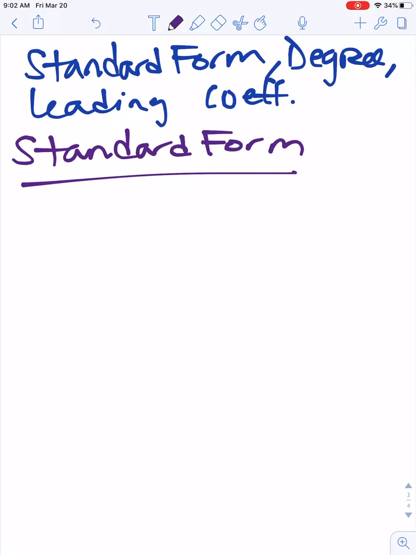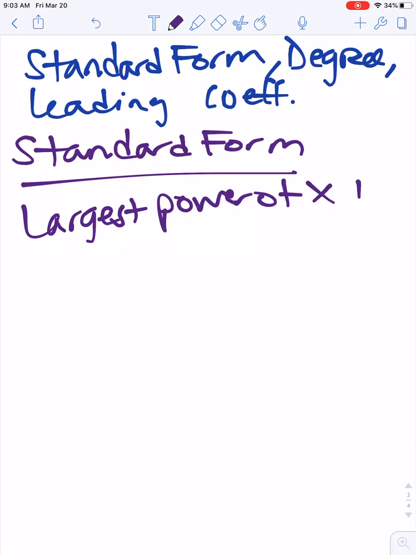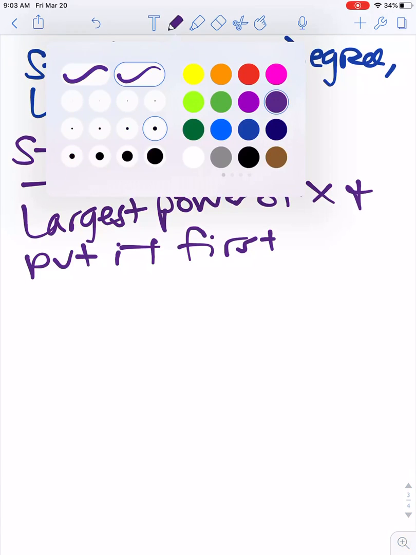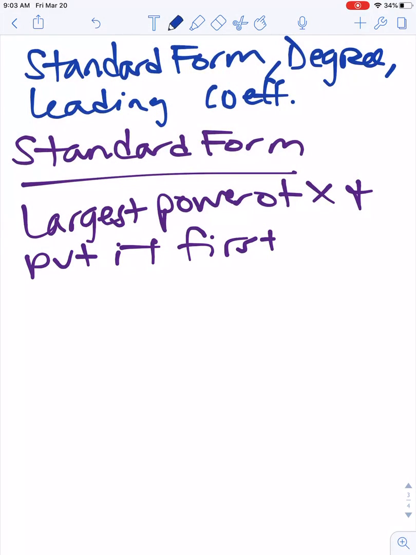So standard form is the way that we write polynomials. All right, so standard form just means that you're going to take the largest term, the largest power of x, and put it first. All right, so whatever your largest power of x is, that's what's going to go first. So if we had something like